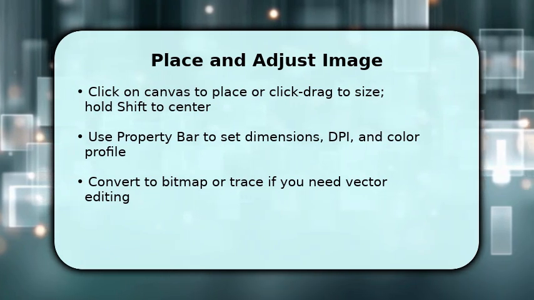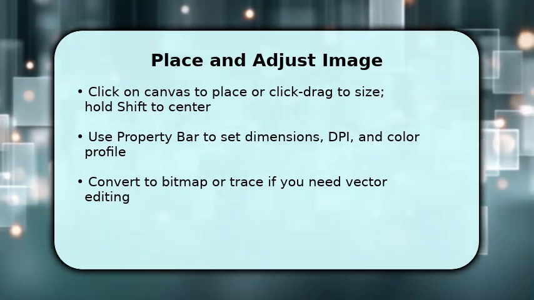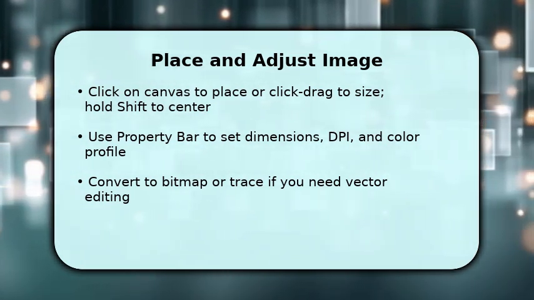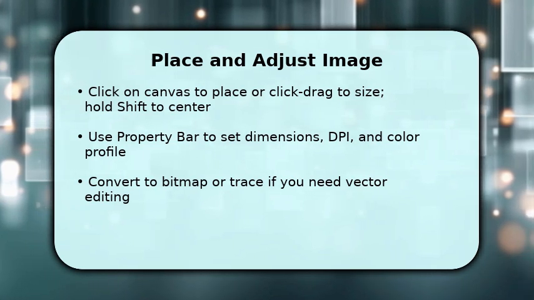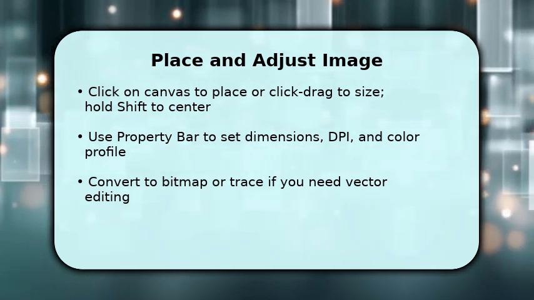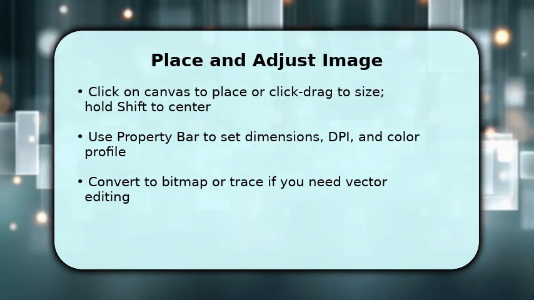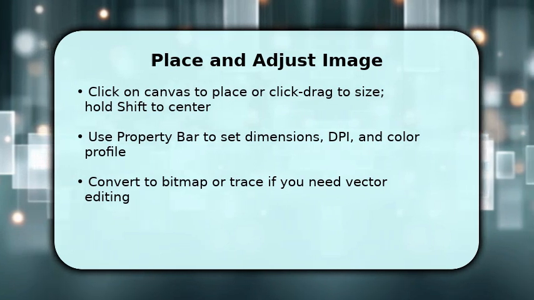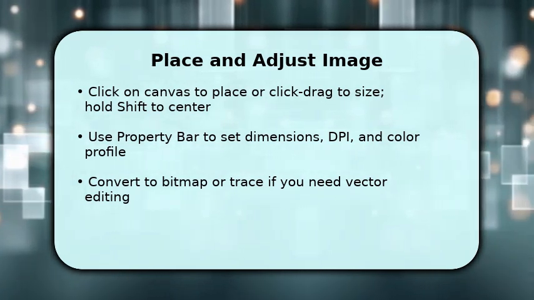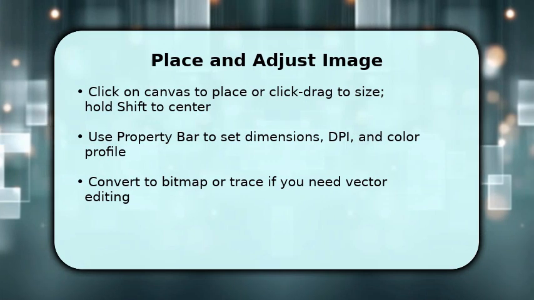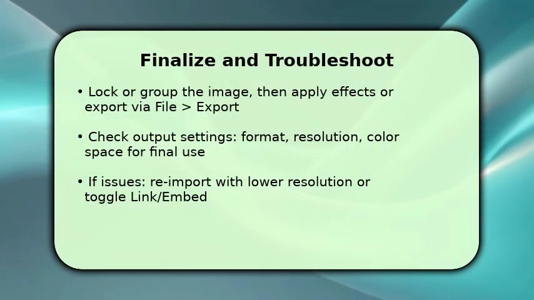Once placed, use the property bar to set exact width/height, change DPI, or assign a color profile so colors remain consistent. If you plan vector edits, either convert to bitmap for raster effects or run PowerTrace to convert to vectors. Understanding which you need saves time, and to finish, position the image, lock or group it to avoid accidental moves,